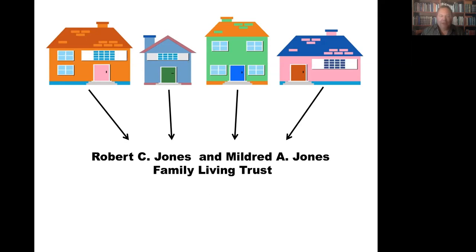one lawsuit on any property exposes the entire trust to all the problems, because it's only one trust. And two, Robert C. Jones and Mildred A. Jones, is there any mystery as to who the real owners of these properties are? It's Robert and Mildred. So the point of this is to avoid probate, which is a state court proceeding when